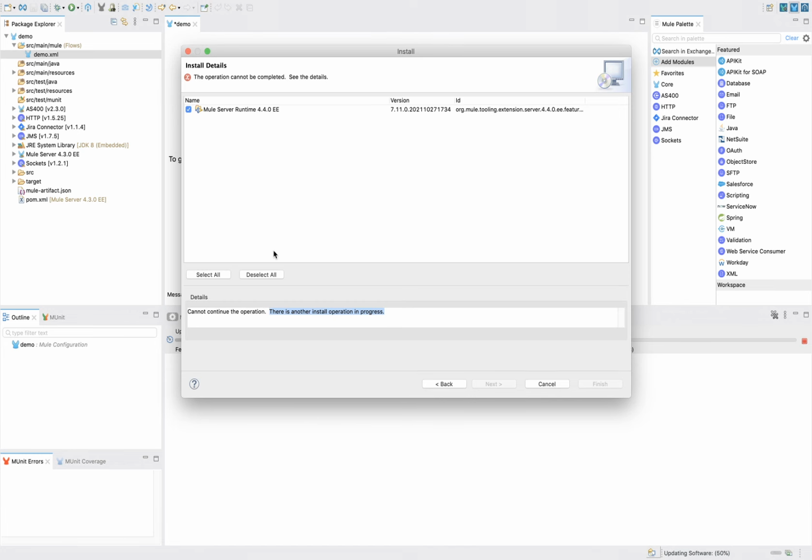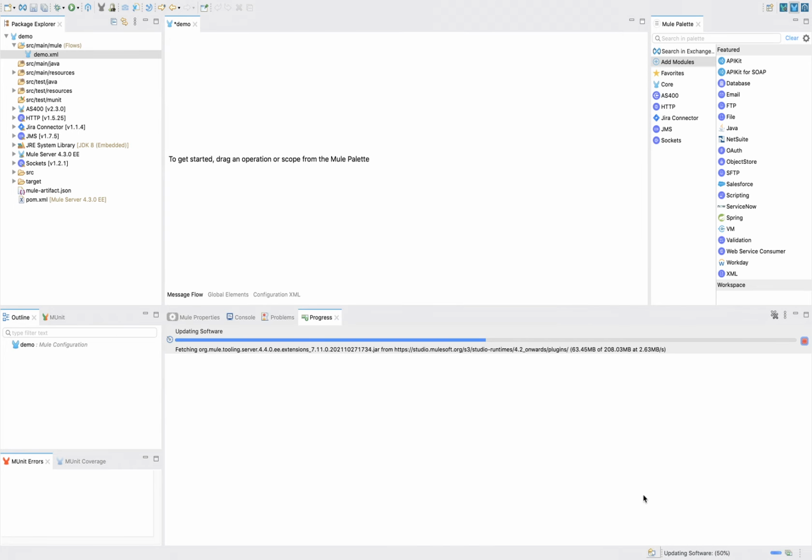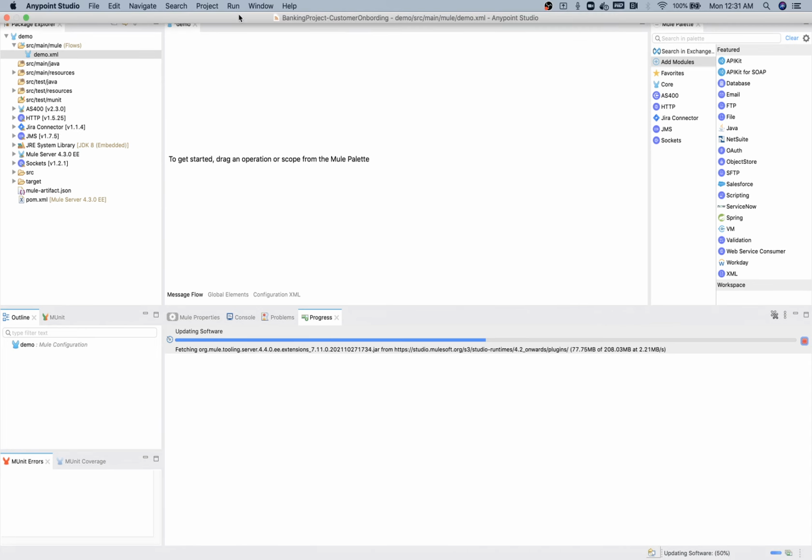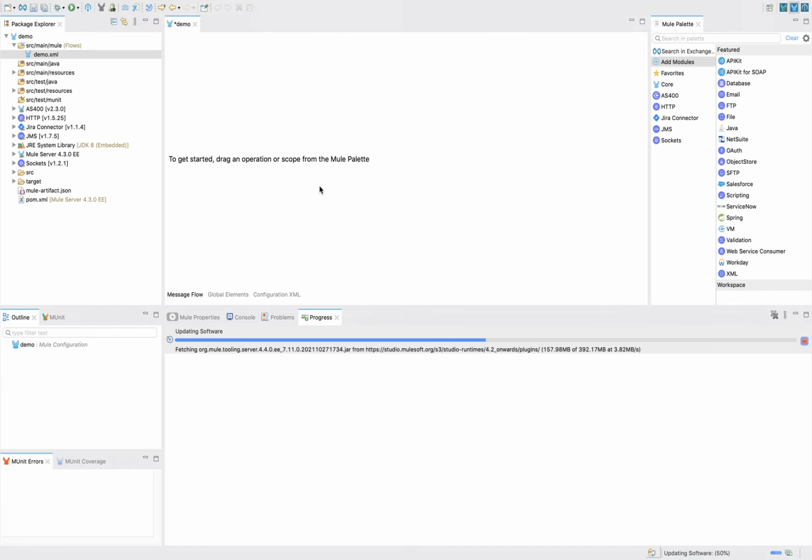I will add it later on since it's taking too much time to download. We should not wait for this. So this is all about this software, Anypoint Studio. We will learn many other things here later on when we start actual implementation. For now, high level is fine. Okay, let's move to